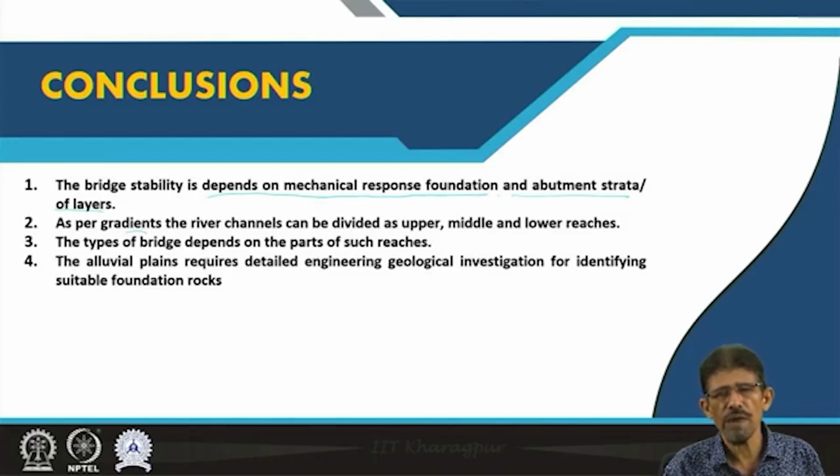However, in the middle reach it requires one or more piers in addition to abutment pillars. But in the lower reach it requires 2-3 or more pillars to cross the broad valley, and requires very extensive